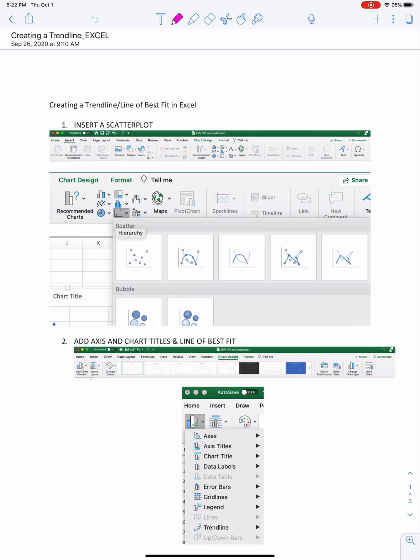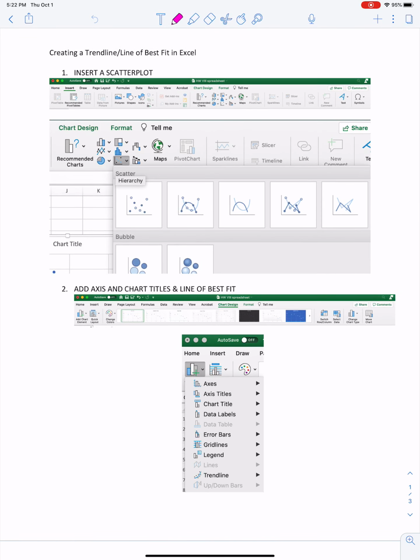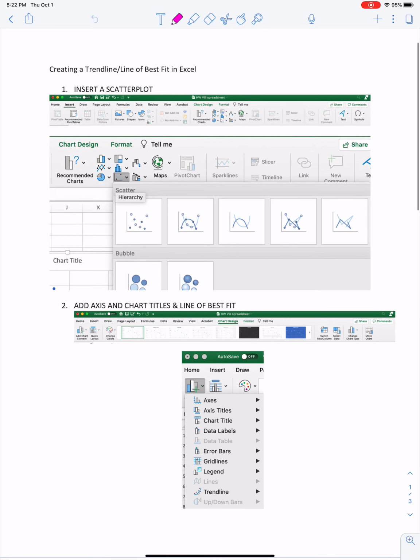Okay, just a quick reminder about how we go about inserting a scatter plot and then a trend line or line of best fit if you are in Excel. So first things first, you do need to make sure that you've got your data entered into two separate columns. And so we want to make sure that we have our explanatory variable in the first column and our response variable in the second. When Excel grabs this information for you, it will assume that you are entering it in